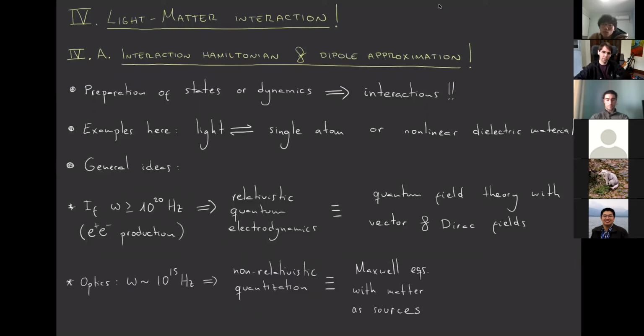And the sources would be the matter degrees of freedom. And on the other hand, to this, you would need to add the evolution or the description of your matter system. And the matter system is described by a multi-particle or many-body Schrodinger equation,